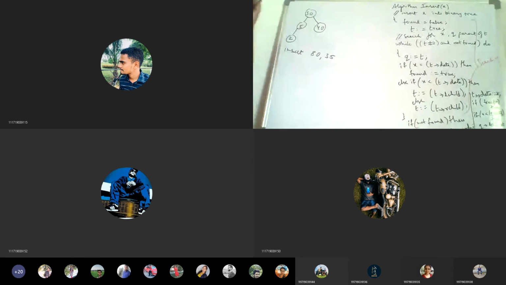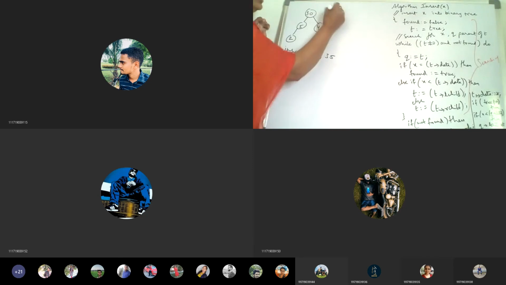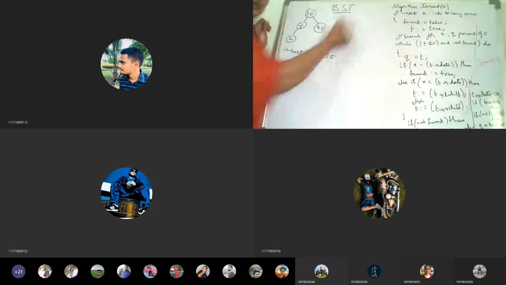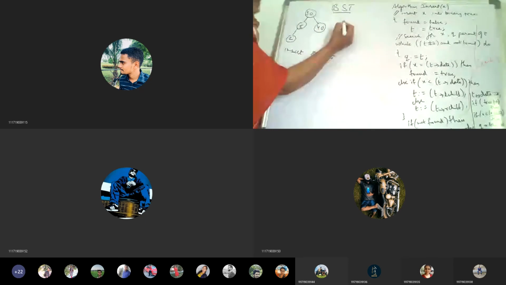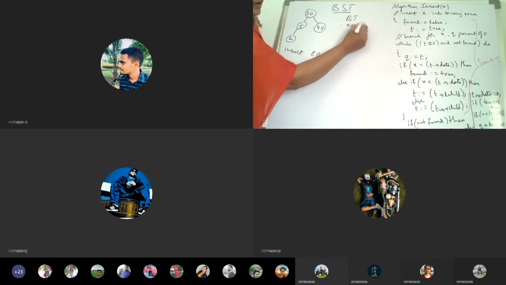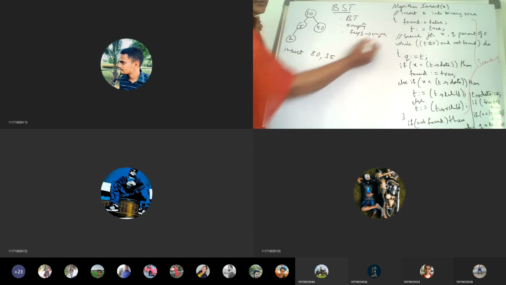So already we have started with binary search trees. If you remember, I want any one of you to answer here. First of all, a binary search tree is a binary tree, and it may be empty. Every node will have keys, and this key should be unique.